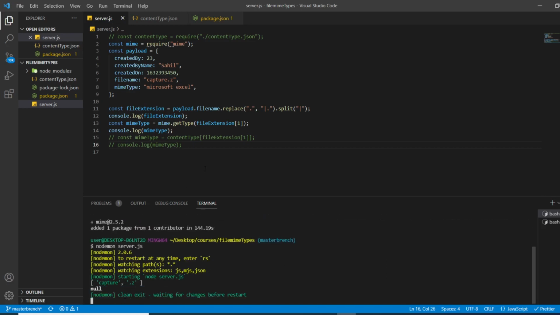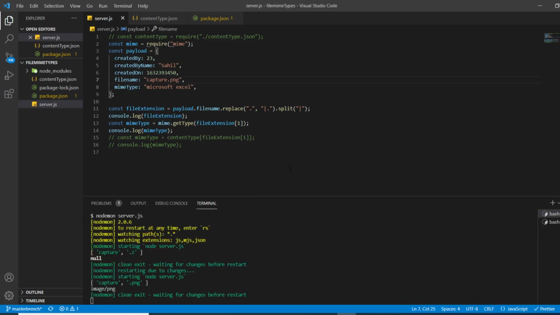Null, we are getting null. So if we have a file name with an unknown extension, it is giving null. Okay, let me change the extension to .png, then see what it gives us. And now it is giving us image slash png.